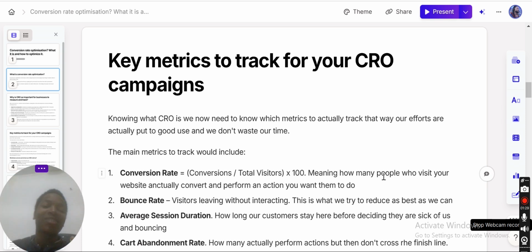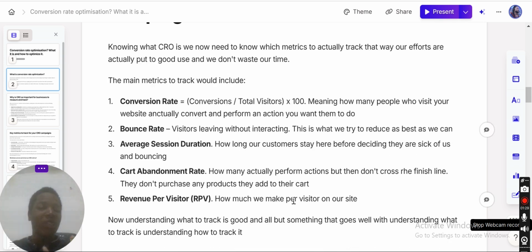Anyway, key metrics to track for your CRO campaigns, right? Knowing what CRO is, we now need to know which metrics to actually track. That way our efforts are actually put to good use and we don't waste our time. The main metrics to track would include